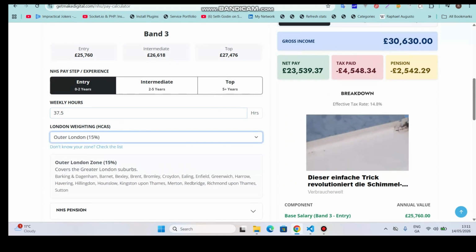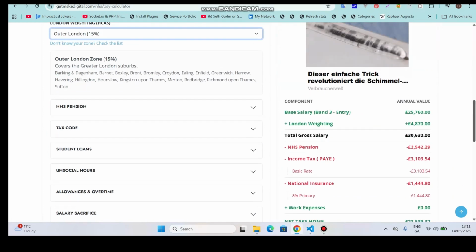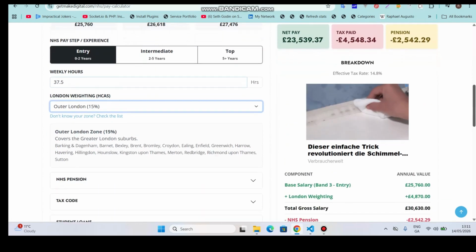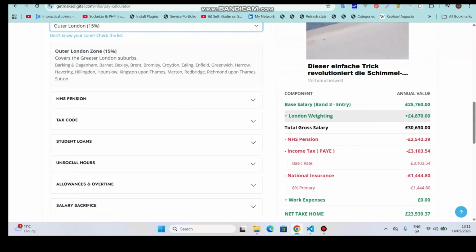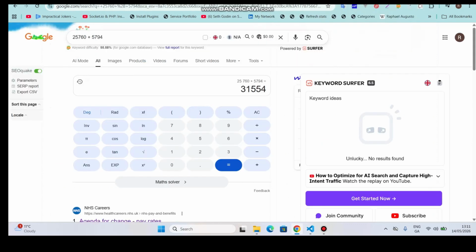Okay, now let's do the same example for outer London. So if I select outer London here, you can see my gross salary is this, and this is the London weighting that I'm getting, 4,870. So let's calculate it for outer London. So if I copy this and use it in the calculator now,